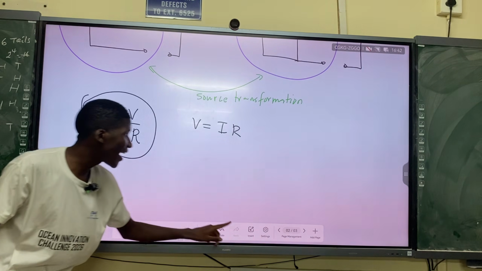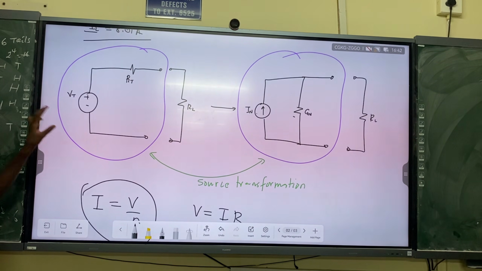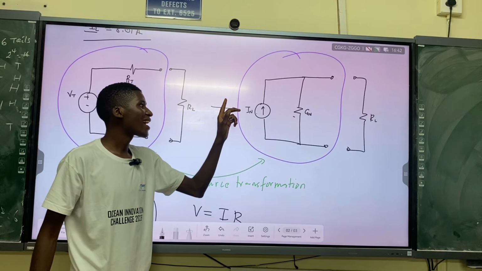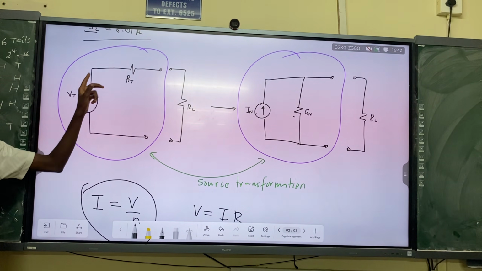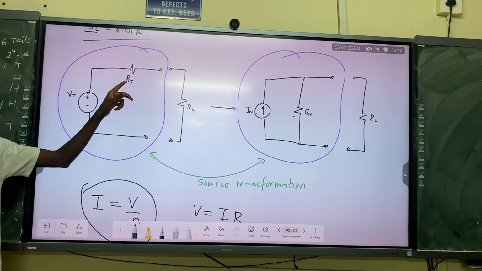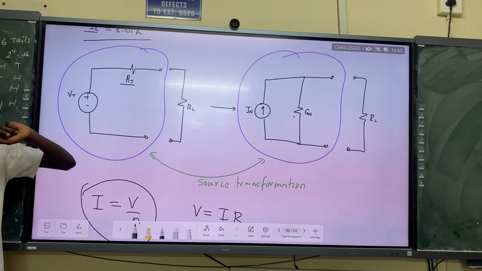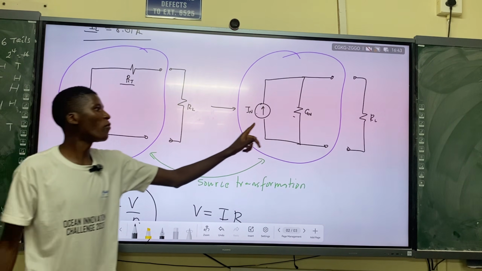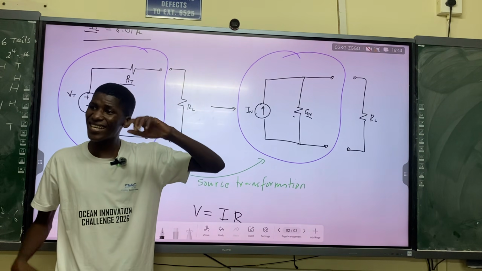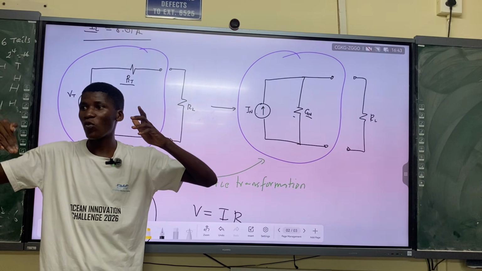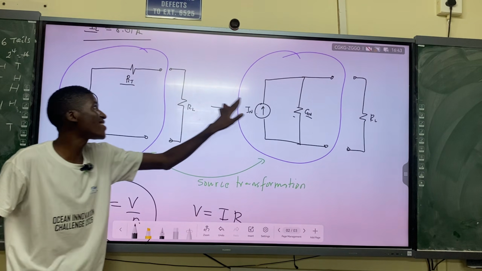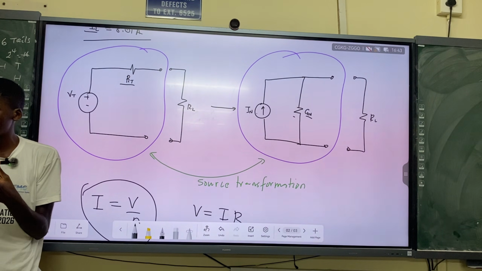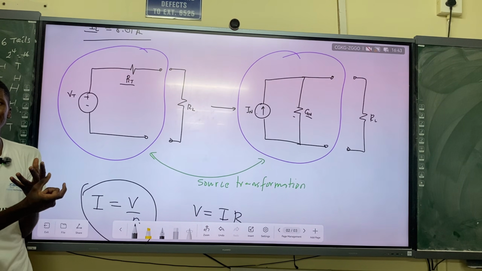That's why in the illustrations, when you are transforming a source, you can combine a current parallel to G into a voltage in series with R. Remember, R is basically the inverse of G. It's just the inverse, 1 over G. So this R is 1 over G. This and this are kind of the same thing, the same resistor, but we are looking at different quantities.